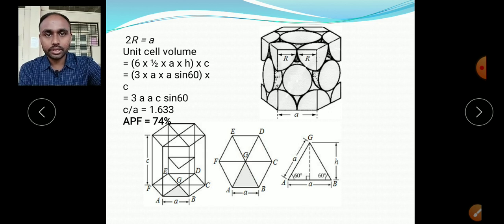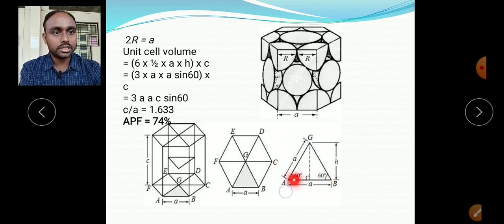Now among these I will take one triangle here. I am taking one triangle, zooming a little, because we want to find the area of this. So simply what we must do is calculate the area of one triangle, and how many such triangles are there? 6 triangles. So 6 into the area of one triangle. First of all I will take one more triangle here, zooming a little, and yes, this is an equilateral triangle, that is why all angles are 60. So 60, this side is A, the base side is also A.